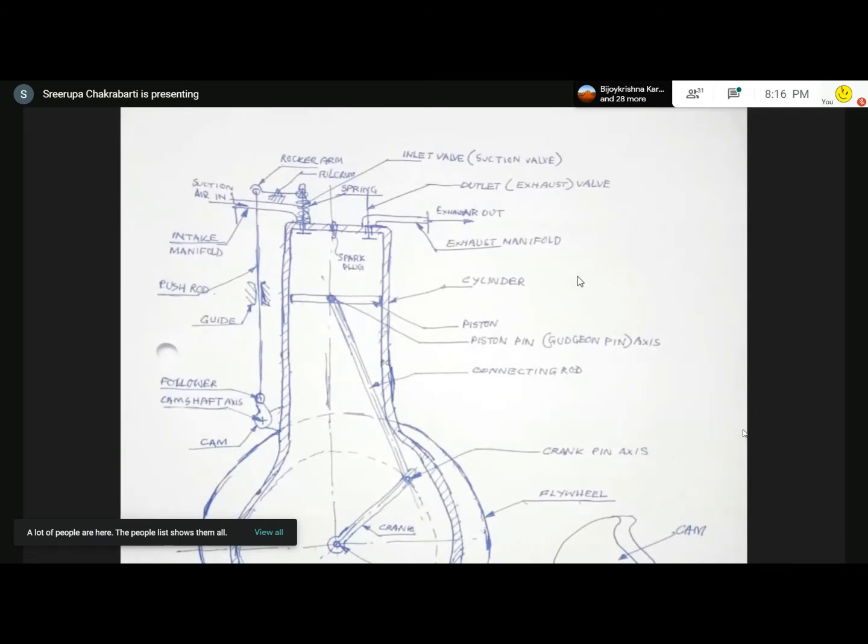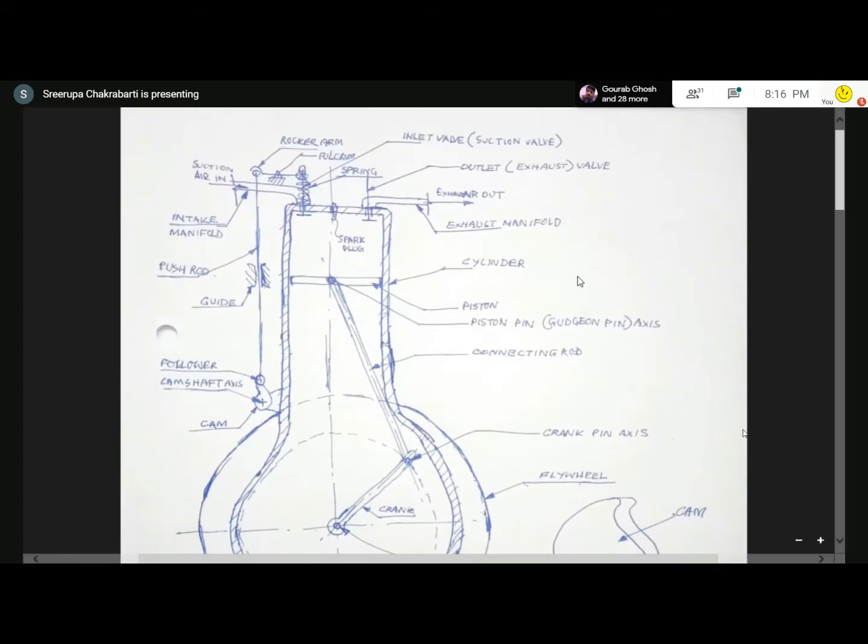So actually, the last day we were discussing the engine components, but unfortunately, there was a disruption in the class. Today, I'm showing you the copy once again. Not the same sheet, but a different sheet, which I think I have drawn in a better manner. But still, it would have been better if I could have drawn it on the board, because there we have the chance to erase.